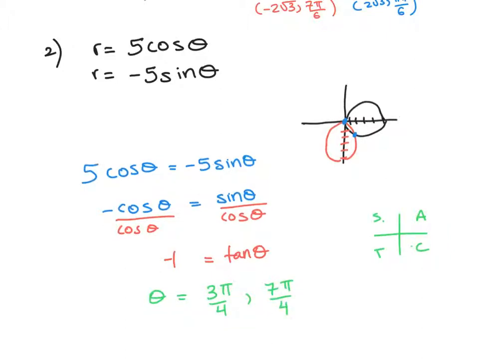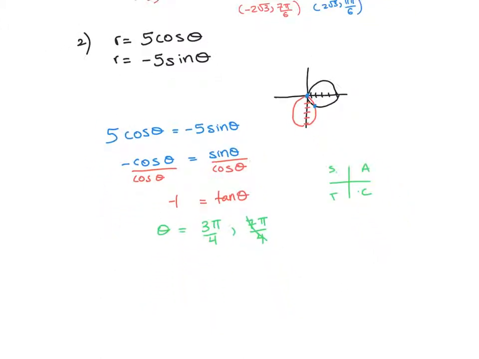Again, these two are diagonally opposite to each other, so we only take one of them. The other one is like a repetition. To find the r, you just simply plug it in. So 5 cosine 3 pi over 4, that's going to give you 5 root 2 over 2. So that's going to be your r, and the angle is going to be 3 pi over 4,